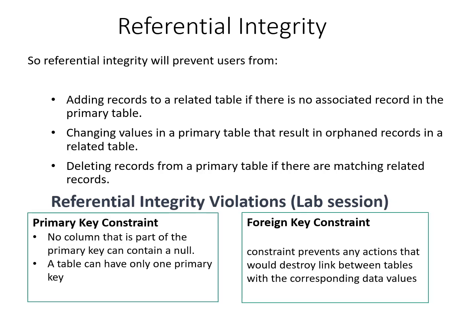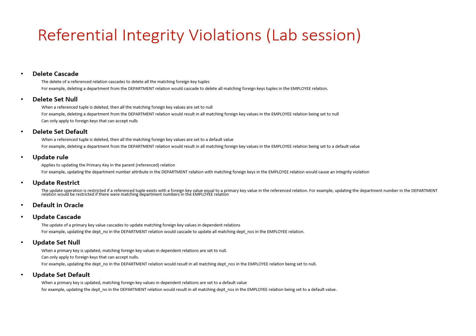So your primary key constraint and foreign key constraint are those constraints which will prevent all these violations, and you will see more in the lab. These are certain ways that you could do that. You can have delete cascade, which means that if you delete something, all those changes are updated in the referencing tables. And delete set null: if you delete something, make sure that all the matching foreign keys are set to null. And delete set default: you are by default making the values into some default values, like 0 or something like that, or it will fall onto some parent